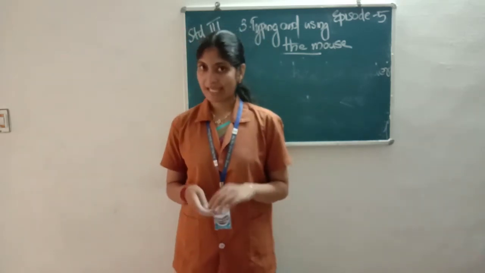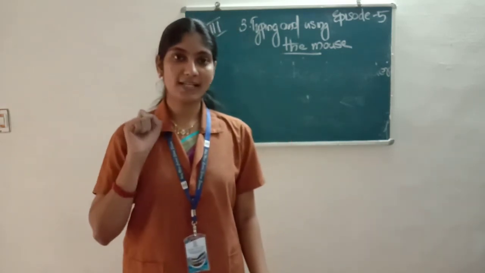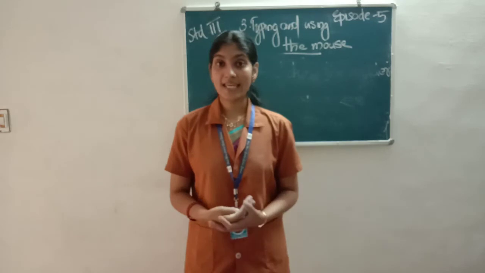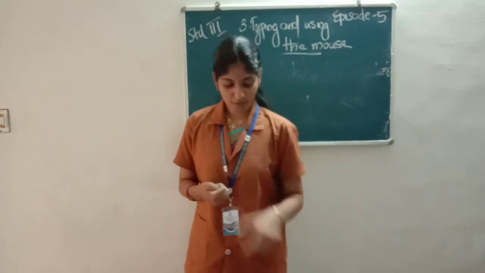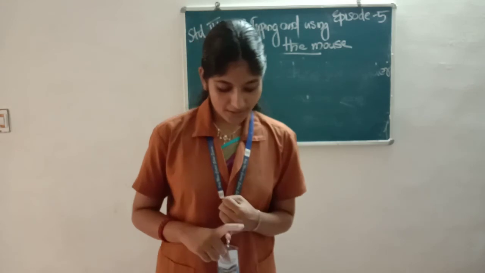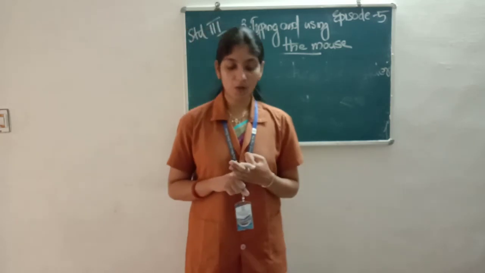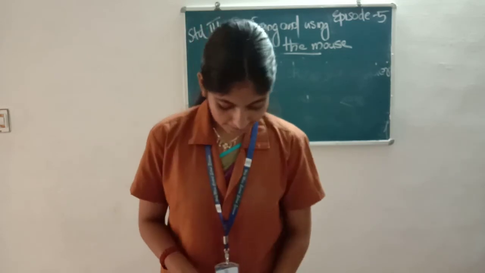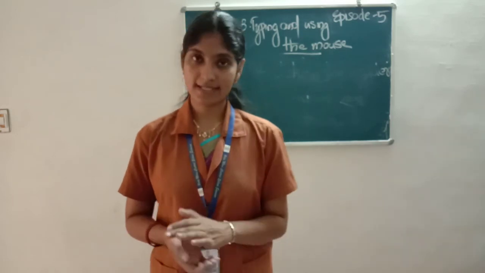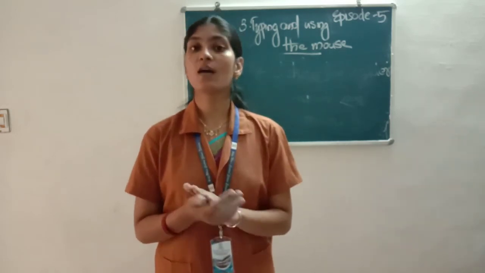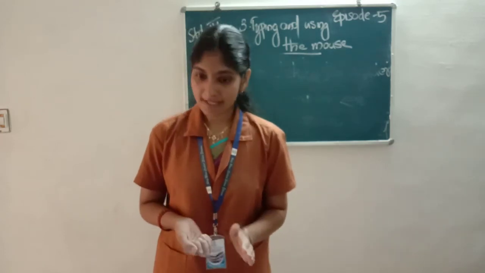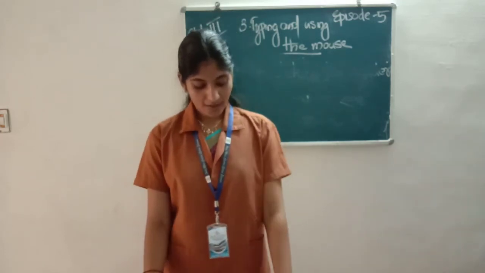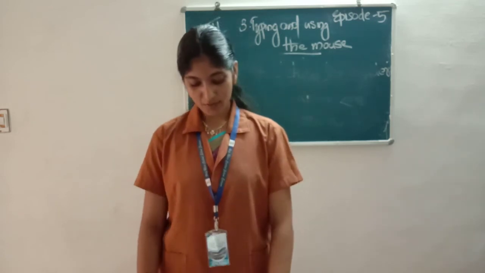Then fifth question, which key combination opens the file menu? If you open a file, we know we have to double click that file or folder. There are some shortcut keys. Among these options: first option Control plus F, second option Alt plus F, third option Alt plus Control plus F, fourth option Shift plus F. And here the key combination that opens the file menu is Alt plus F. So the shortcut key for opening the file menu is Alt plus F.